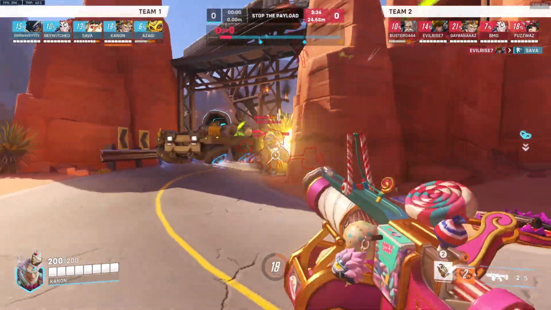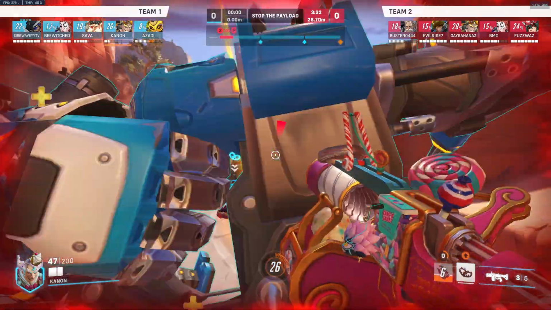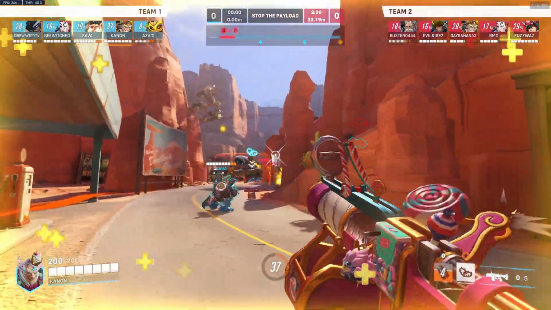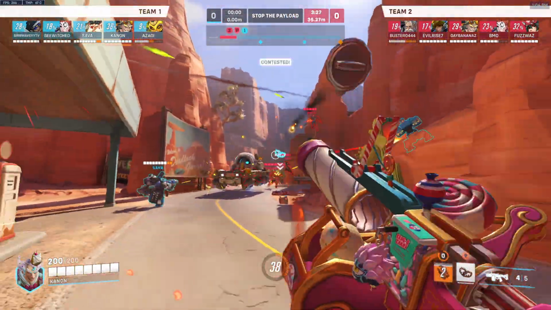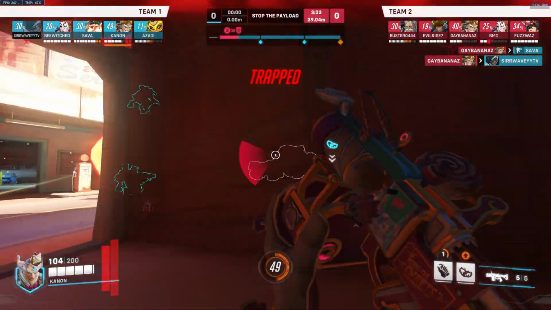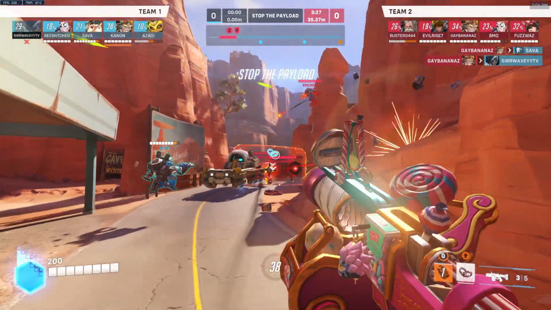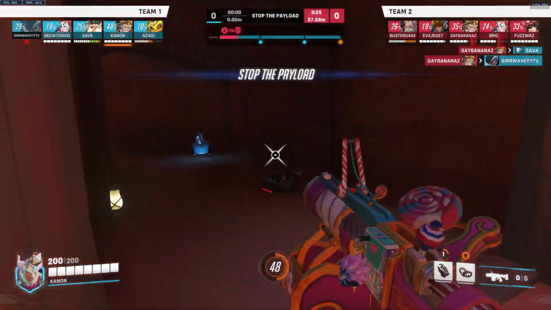We're also against a Pharah. This is a little scary to me. I like that we used our concussion mine for mobility there. It was very, very good, and it got us out. But we're playing a little bit very frontline, and our tank is Orisa, and she's playing a little bit further back. It's unfortunate. I would just fire some shots